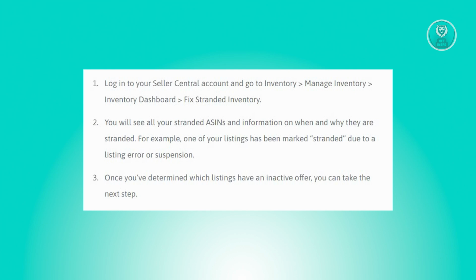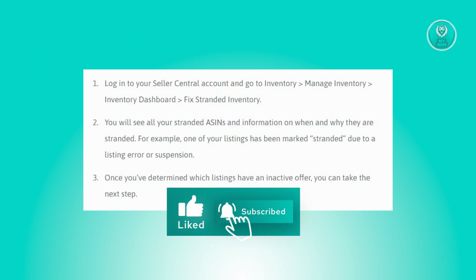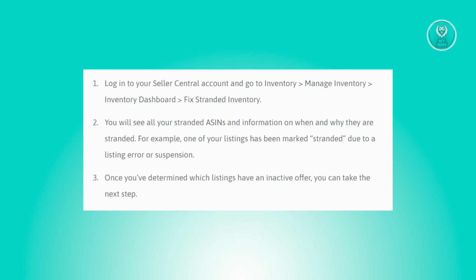First, to address this issue, Amazon has introduced an advanced feature that enables you to automatically resolve or remove them. If your listing error caused your offer to be deactivated, or the recommended solution is to relist it, head to the Fix Stranded Inventory page in your seller account. Click on the Edit Automatic Action Settings button, which will prompt a dialog box to appear on your screen. Here you can specify the number of days, ranging from 1 to 30, Amazon has to automatically release or